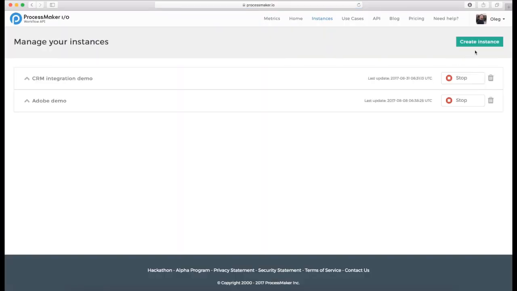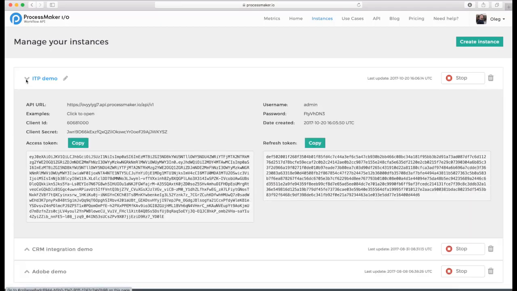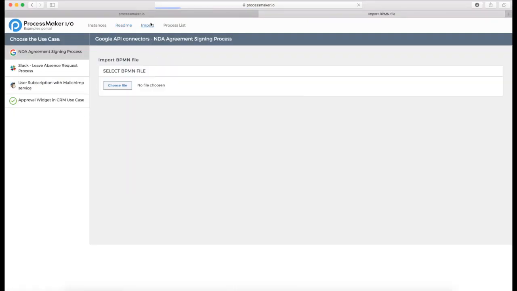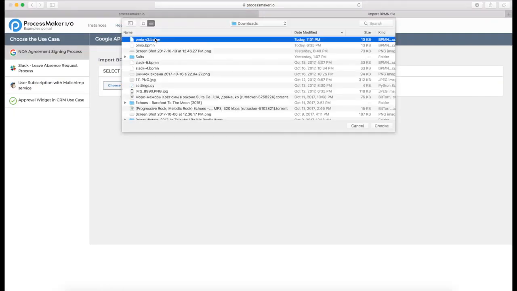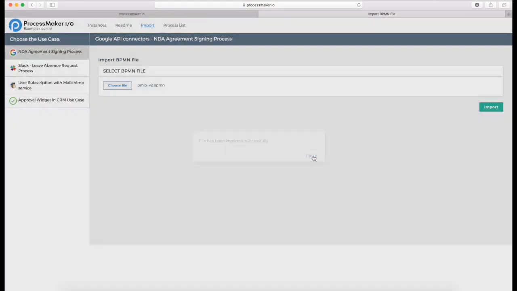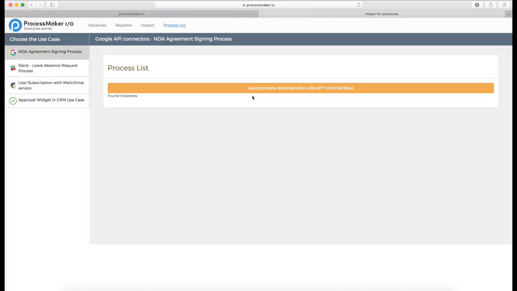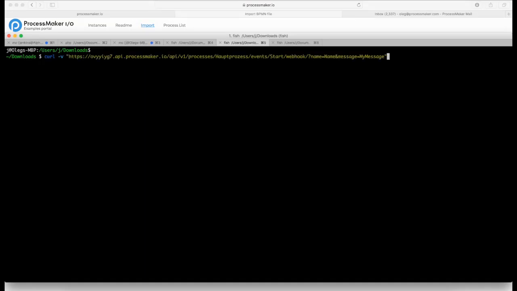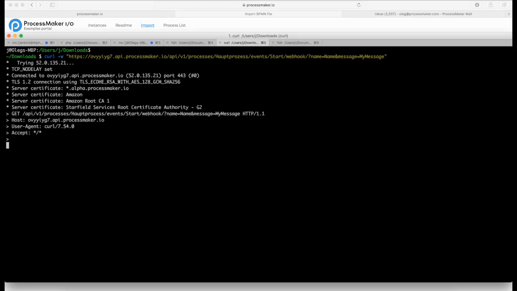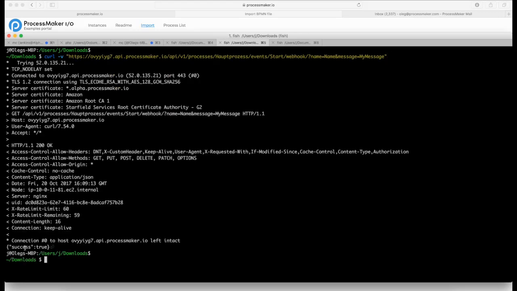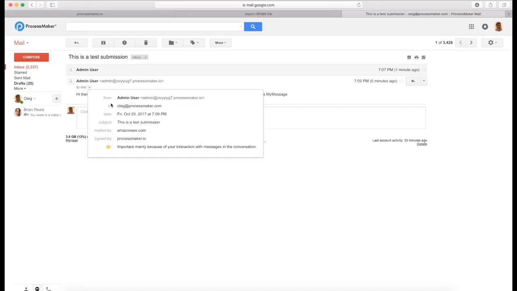So now we're going to log into ProcessMaker IO to create a new instance. In the new instance, we will import a BPMN process file. Here we can see that it was imported successfully and it's running. Let's use a terminal to run a curl script which will pass the message and related variables into the start event via a webhook. We just received the email which was sent by the service task in the process we